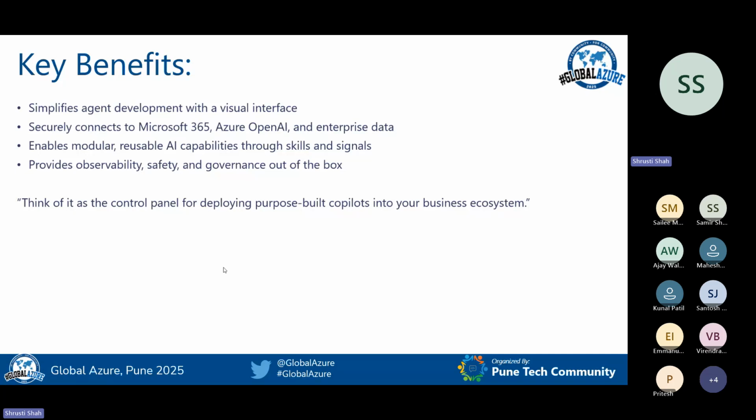It simplifies agent development with a visual interface. This first line is specifically for whenever you go to the Foundry portal, which is a navigational portal, wherein you just plug and play: you drag, drop, click, right? With that interface, you can go and build agents, you can create models, you can customize the models, you can